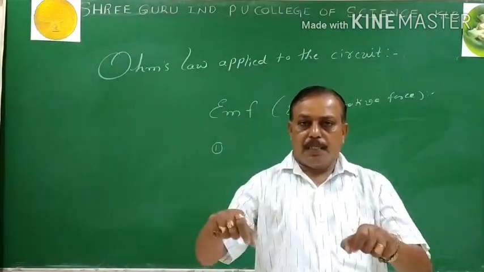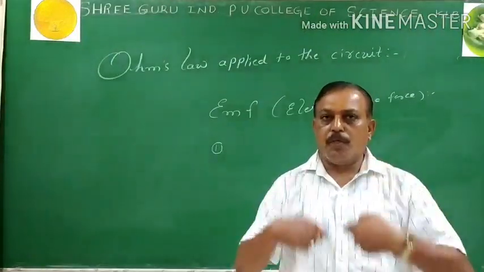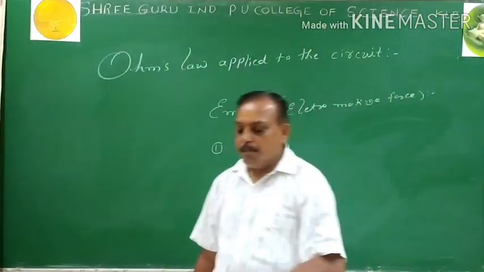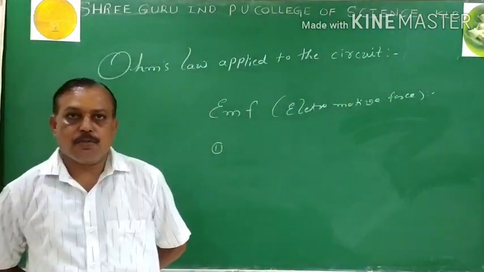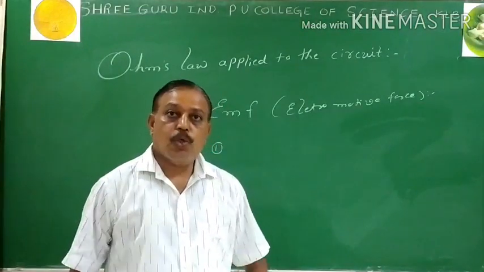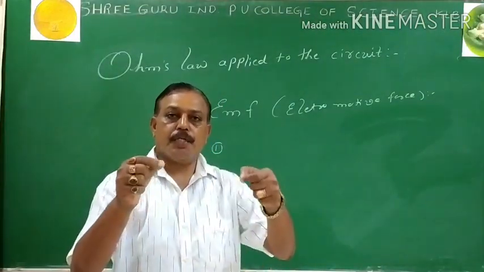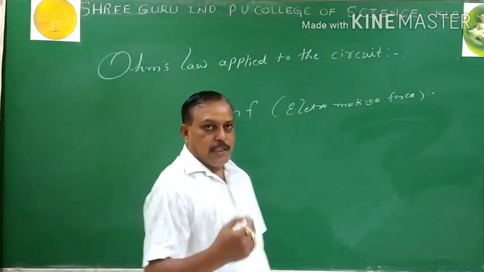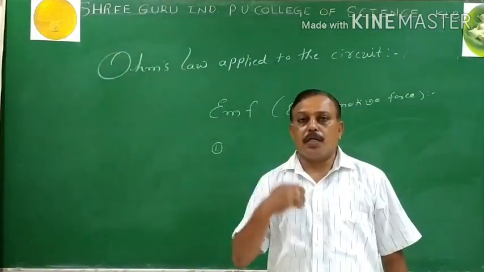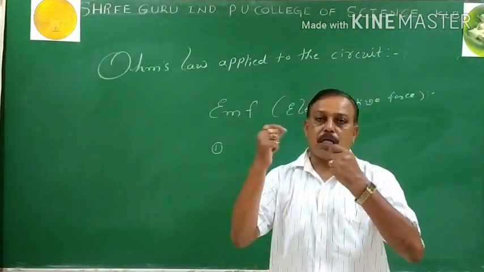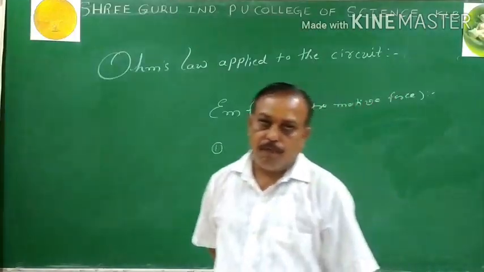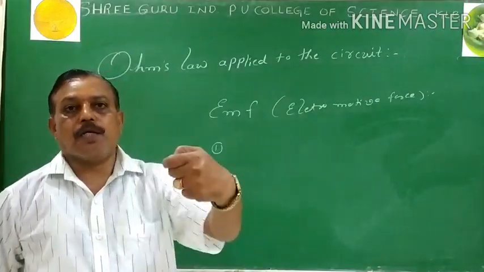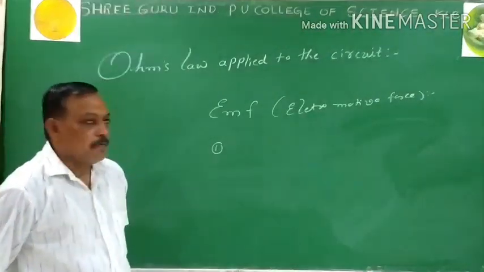When you connect that same cell in the circuit, when the potential difference is obtained, the closed circuit voltage is known as potential difference. Simply, the open circuit voltage is known as EMF and the closed circuit voltage is known as potential difference. Qualitatively, the amount of work done to take a unit positive charge once around a circuit is known as EMF.